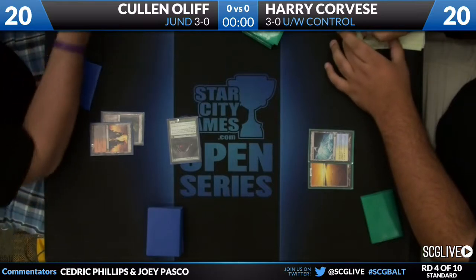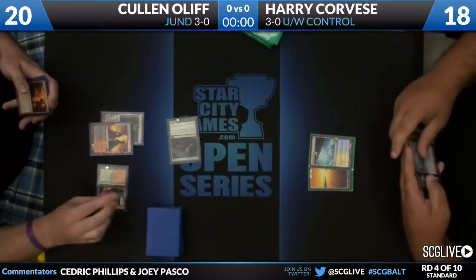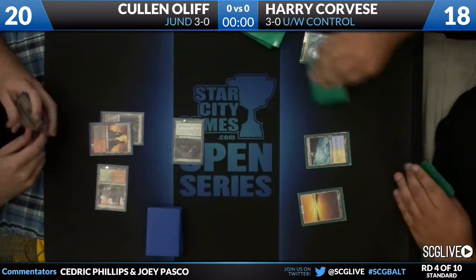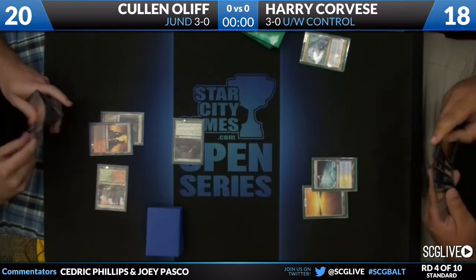So right. You're still able to play that card, but you're not going to see really the Thought Scour packages that we saw many months ago. This here's an Azorius Charm that's going to be cycled here for Corvese. Takes 2 from the Ooze. Now on his 3rd turn,